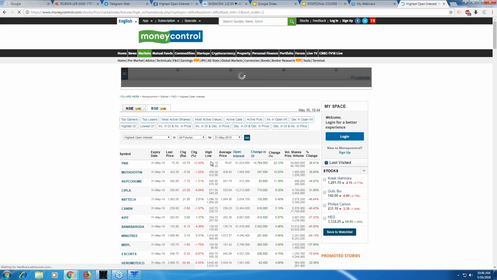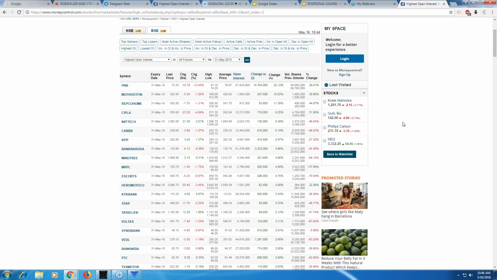If you see the open interest being built by refreshing it twice, thrice, then sometimes you can do BTST. That means if the price is going up and the OI is going up, you can buy one lot of the stock with a proper stop loss, and within 20 minutes you will see 1 or 2 rupees going up. So book the profit, and if you feel like taking it forward again, if the fundamentals look good and the stock is on a support, then take it forward for the next day,